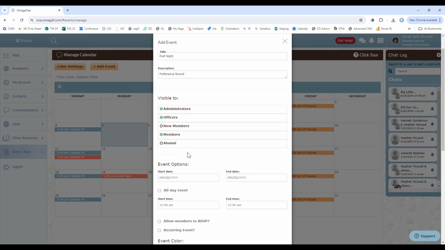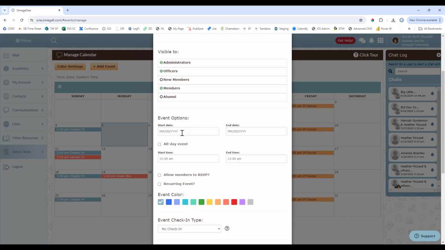So just make sure you are going through that so that everybody's getting the correct notifications. I know a lot of times we'll have people say new members aren't getting any notifications, they're not seeing any events. A lot of times the case is that they weren't selected on the event, and that's why. So just make sure you update that.